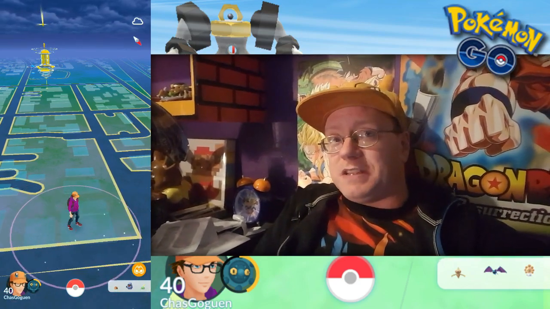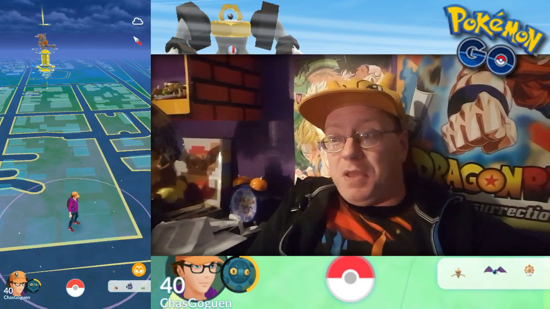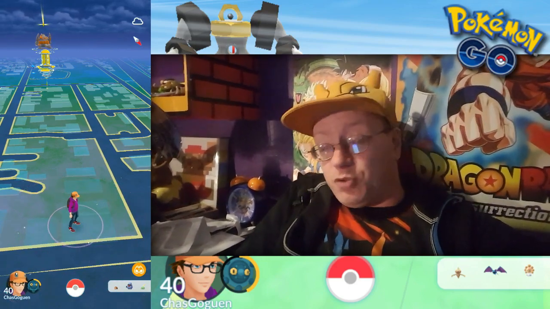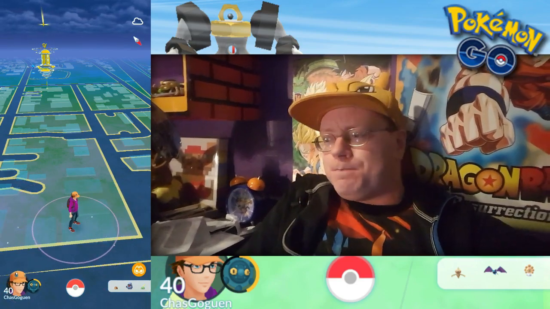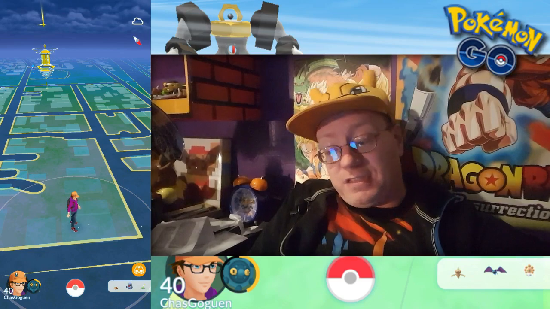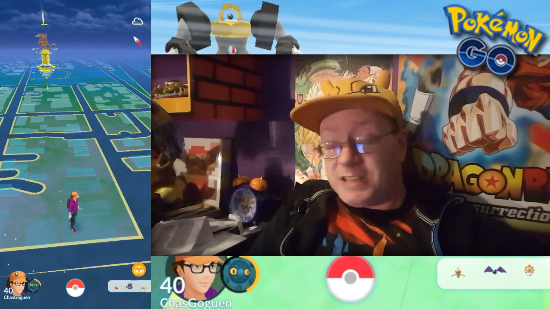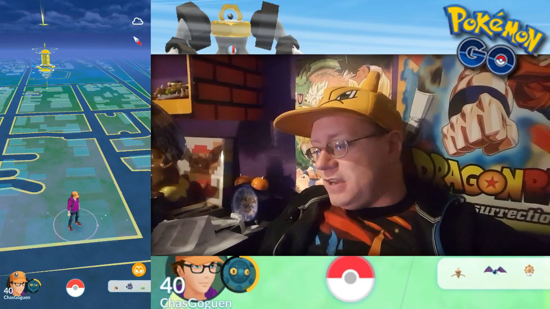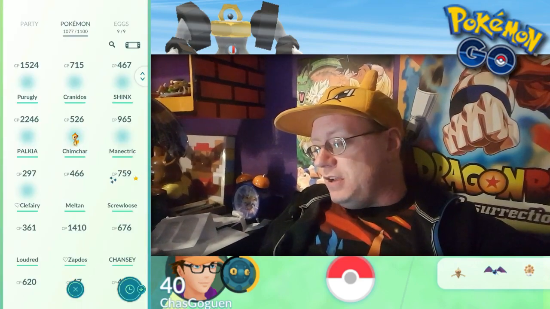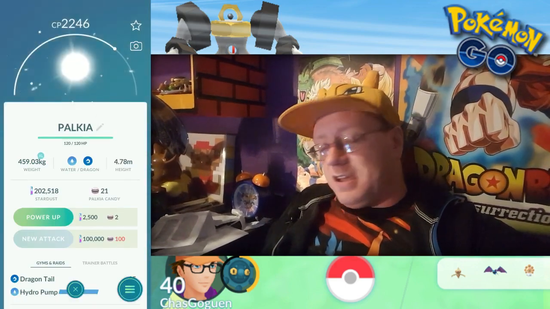Team Instinct, we've never been the biggest team to begin with, so if people switch from Instinct to one of the bigger teams, more power to them. I've always fought the underdog kind of style, so I'm not too concerned about it. I think when I chose Team Instinct, I chose it for keeps, for permanency. Is that a word? Anyway, let us now pop into our Pokemon, and I caught myself a Palkia raid boss